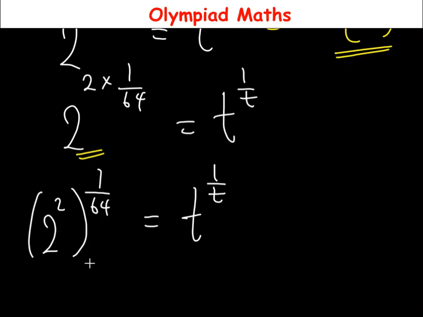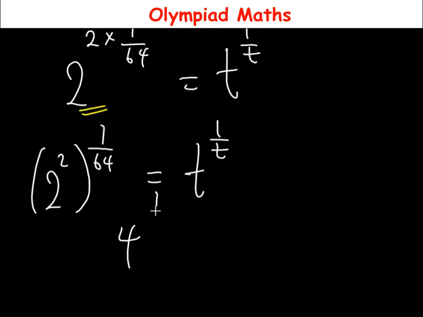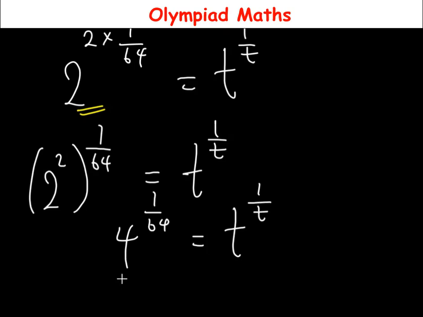From here, 2 squared is 4, so 4 raised to power 1 over 64 is equal to t raised to power 1 over t. So looking at this, the base right here is not equal to the power denominator. So we are still going to simplify this further by making use of equivalent fraction. Now in this case, 1 over 64